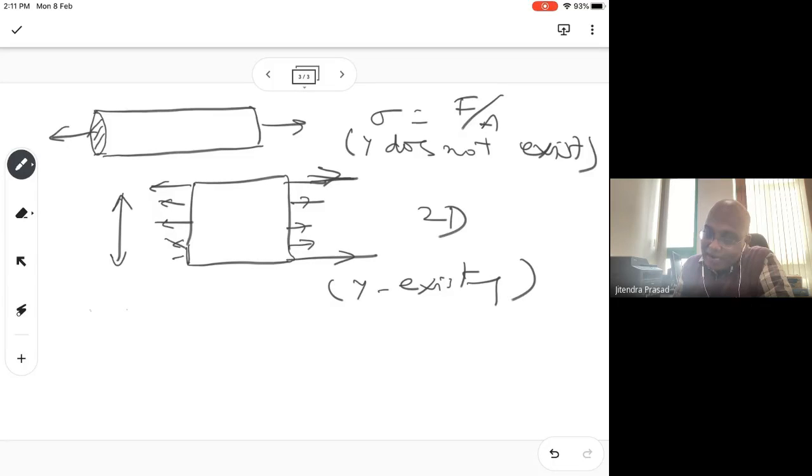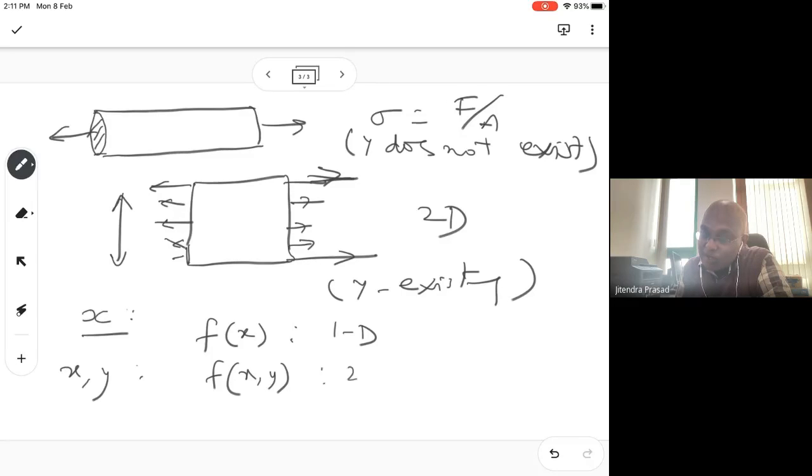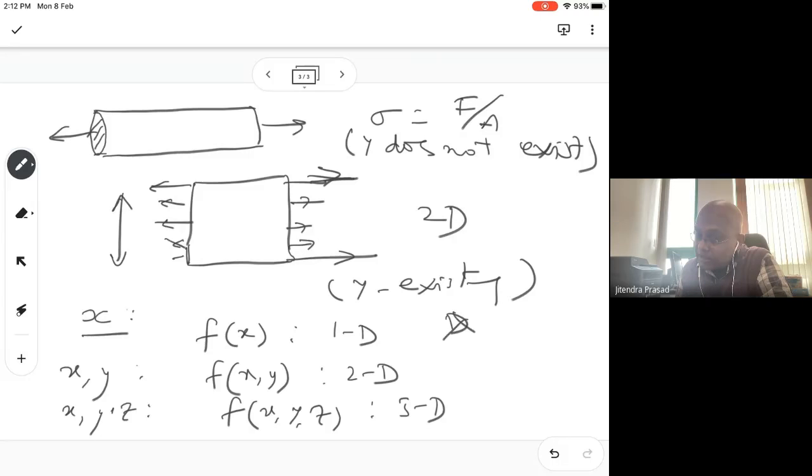Actually, that really means how many variables you have. X is the independent variable, right? So if you have one independent variable and you have a function f(x), you call it 1D. If the function is of x and y, you call it a 2D problem. If x, y, and z, all three are there, the function is f(x, y, z), then you call it a 3D problem. So if you are talking about sigma, if sigma is a function...